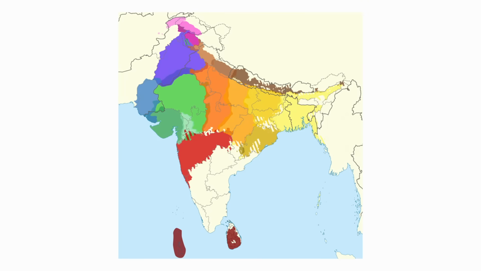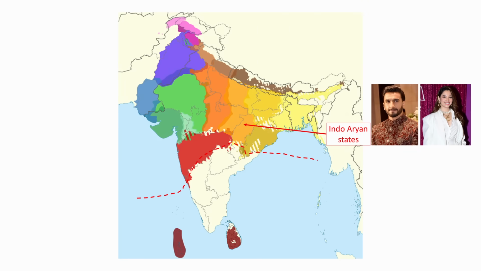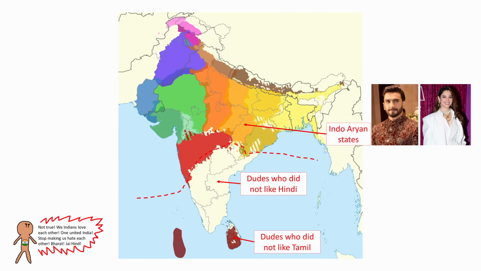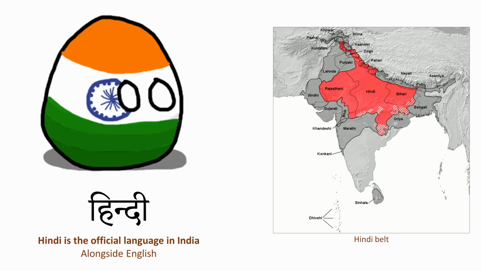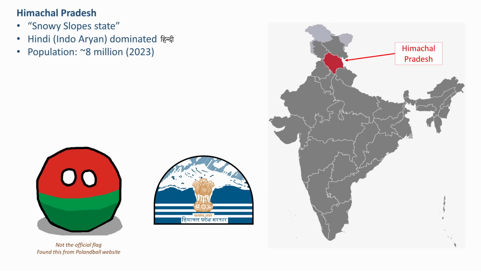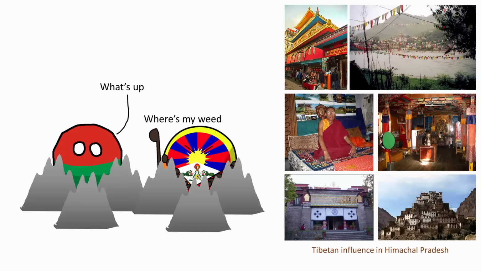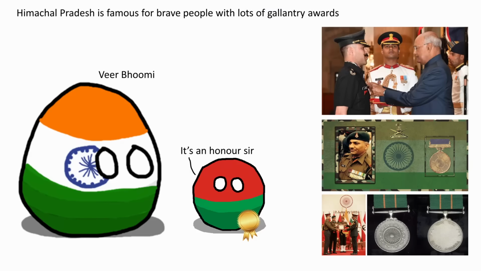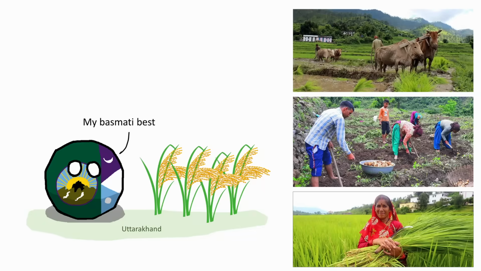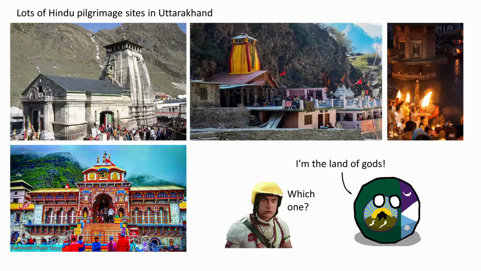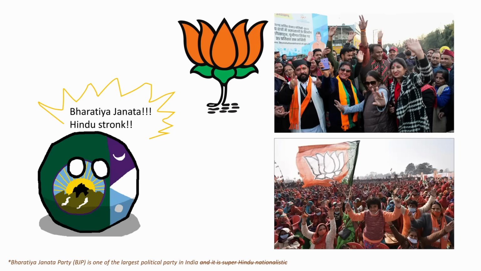Geographically, in the northern half, there is a bunch of Indo-Aryan dominated states. The Indo-Aryan language family can be split further into a bunch of languages and dialects. Starting off with the Hindi-dominated states, there is Himachal Pradesh: snowy mountains, wheat, Tibetan influence, hydropower, and gallantry awards. Next to Himachal Pradesh is Uttarakhand, quite mountainous but with more lowlands, lots of Hinduism holy sites, national parks, and hardcore